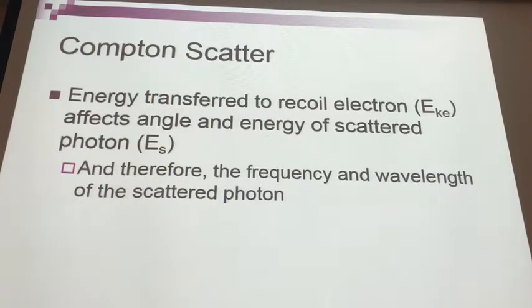That angle of deflection that I talked about before will change. A lot of times what you find is they both end up getting some energy. So it depends on how much energy the electron takes, and then you either have more or less on the secondary photon, on the scattered photon. Okay,